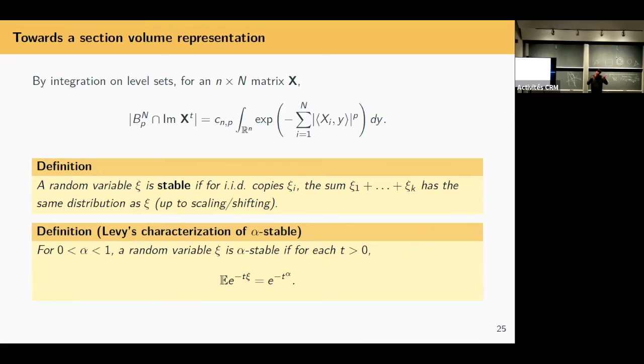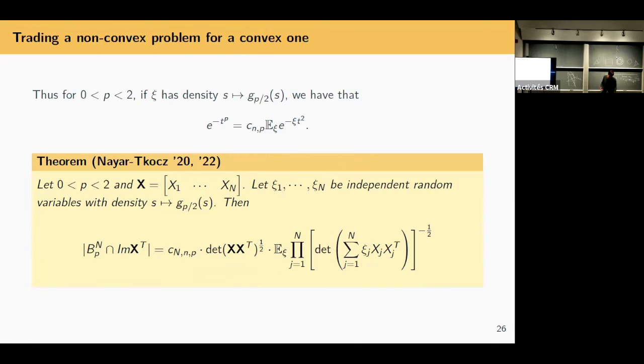Assuming I can do this for every fixed choice of these random variables, but this is a Fubini. I have an expectation for the volume, and I'm allowed to do this sort of pointwise. Okay, so you can turn this nice formula that they proved about sections. They proved it originally for sections of L1 and explained that you can do this for the non-convex range. And this turns out to be what the crucial thing is in this ingredient.